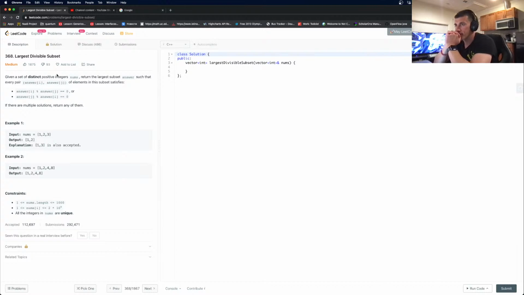Alright, does it imply that if, okay, so let's say we have 1, right? So obviously 1 can fit in any set, but it doesn't mean that if 1 and 3 are in the set, then we can fit 4 there as well. It doesn't work this way. So there's no such thing as if we already have an element in the subset, we can safely add and compare against this element. So let's see, we may create